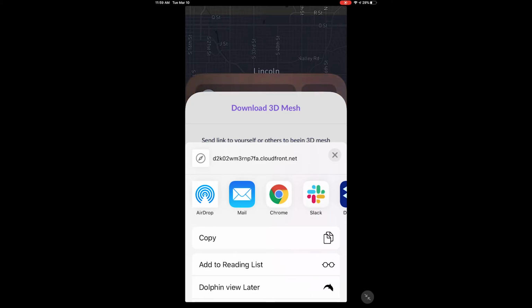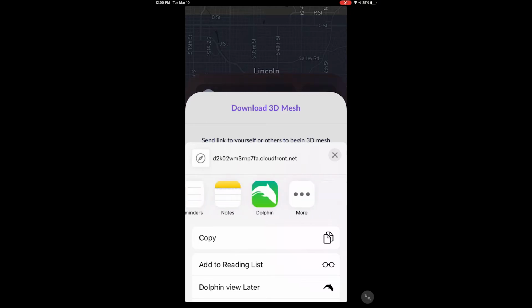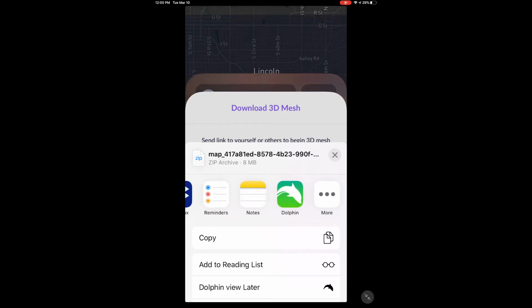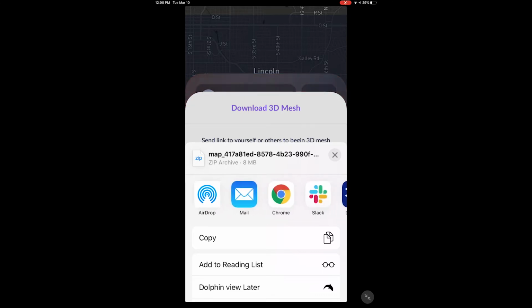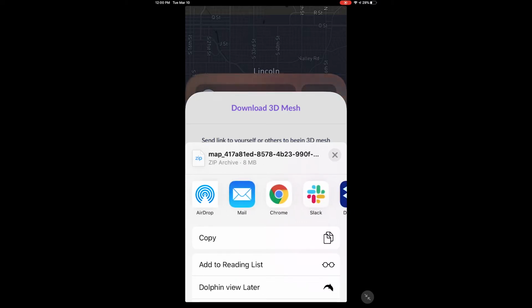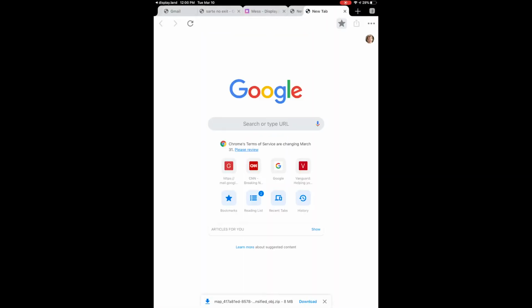I have 3 browsers on my iPad. One is Chrome, one is Dolphin, and of course one is Safari. But Safari does not appear in this list, and it is not in the more options either. So if you have Safari and it's not appearing here, you would need to download another browser such as Chrome. So I'll open in Chrome,